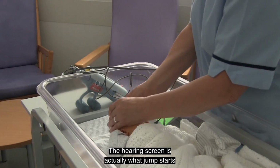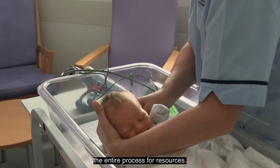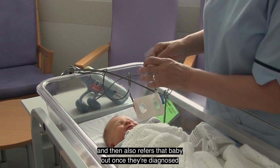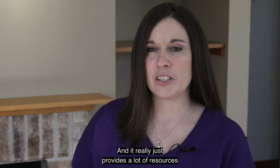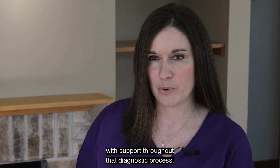The hearing screen is actually what jump starts the entire process for resources. It immediately triggers a referral for diagnostic testing. The goal is to have that done within 3 months, and then also refers that baby out once they're diagnosed with any loss for early intervention services. And it really just provides a lot of resources for those parents to kind of nest them with support throughout